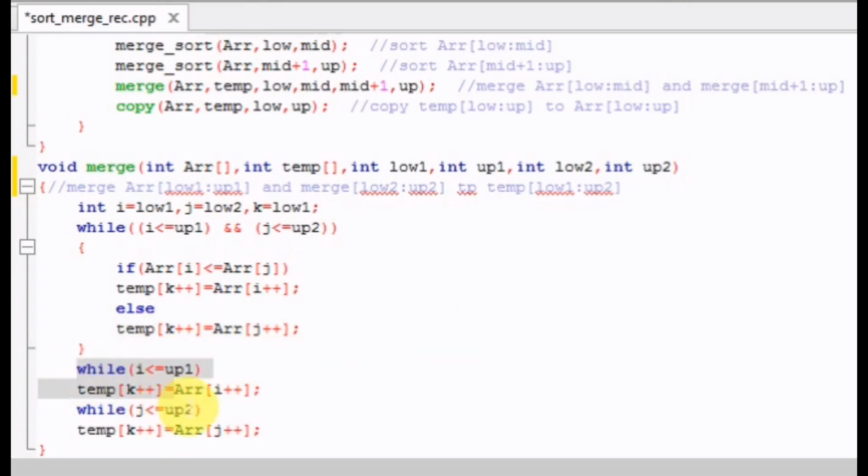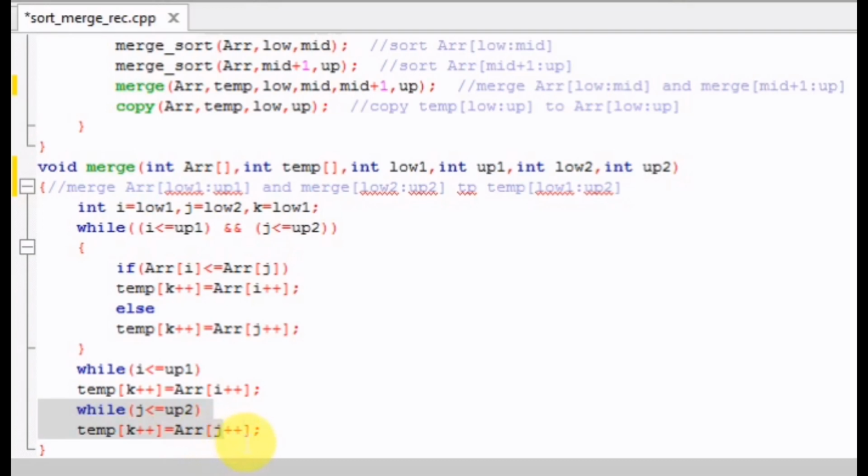Now if all the elements of an array are stored but some elements remain in the other array, then we will execute these two loops. If we have some remaining elements in the first array, then we will execute this loop in which we store all the elements of the first array in the array temp.